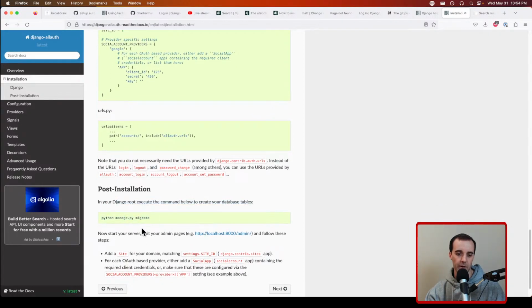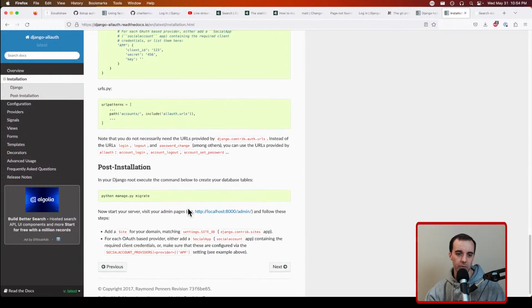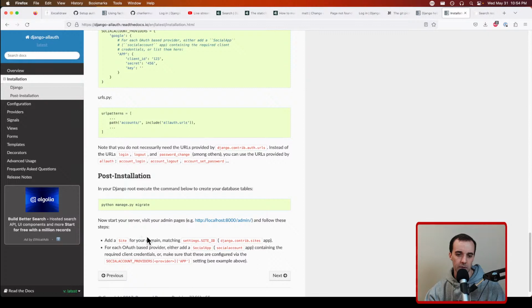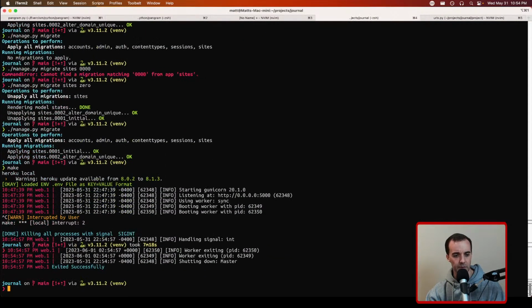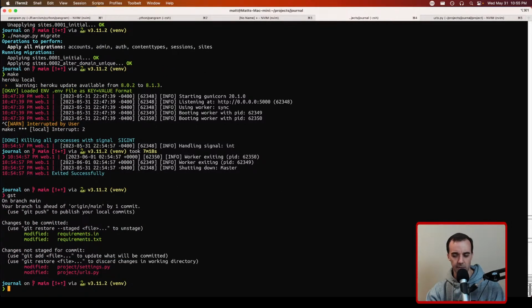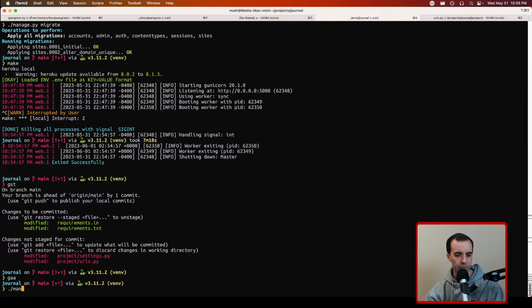Okay, now that we're all set up there, in theory, we should be able to do migrate, add a site for your domain, matching site ID. I wonder if that's a little bit of manual configuration they need us to do. Let's check it out. I think there might be a default one that comes, so it might be okay. So we've got these new settings that we added here. And we'll do manage migrate